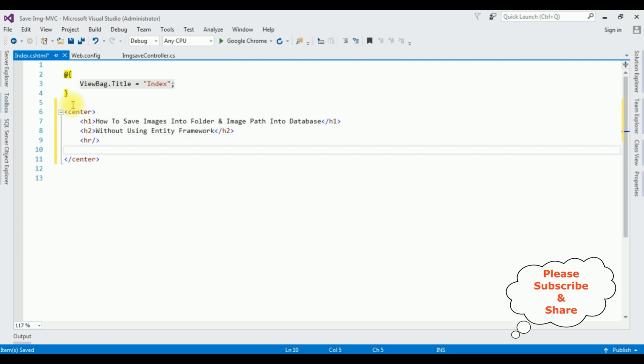Horizontal line. After the horizontal line, I'm adding @using